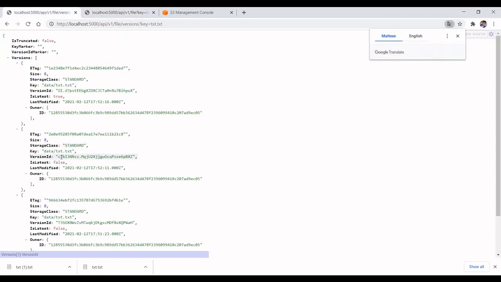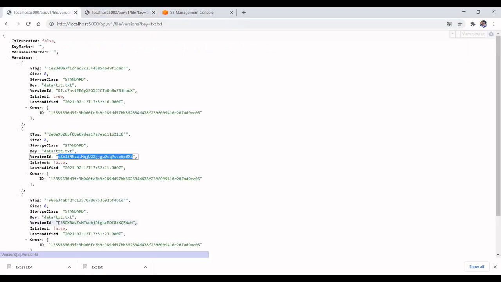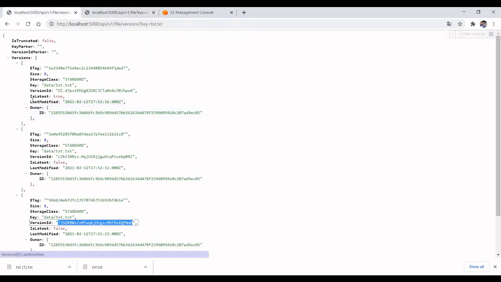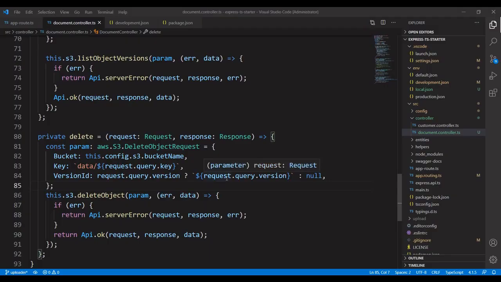I have not provided the version, so it is getting from the latest version. Let's print our versions. Take the second one. It is version 2. If I pass this, version 1. Here you will have the attributes is latest true. These are false.